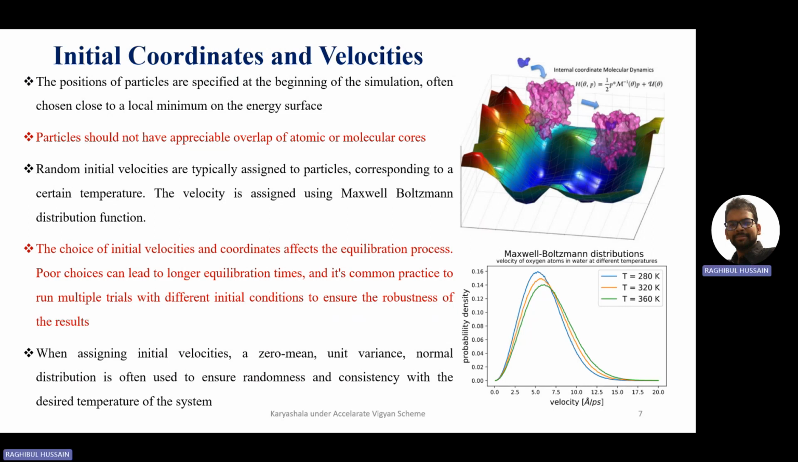So initial coordinates and velocities. That is the first thing. First, what we do: the positions of the particles are specified at the beginning of the simulation and often chosen close to the local minimum on the energy surface. Again, the same thing. Let's say instead of this